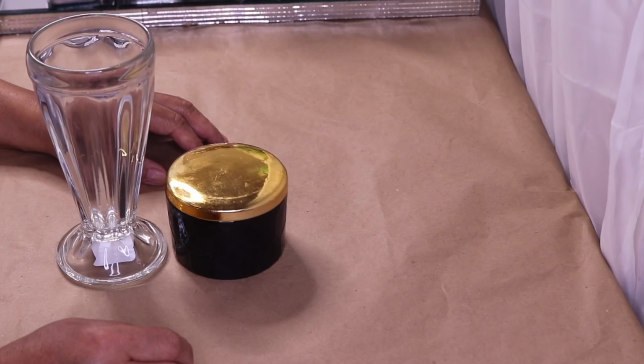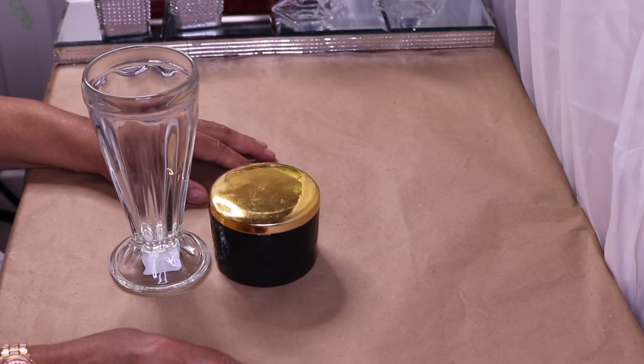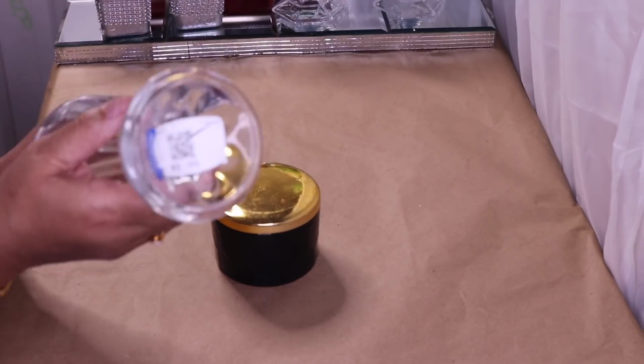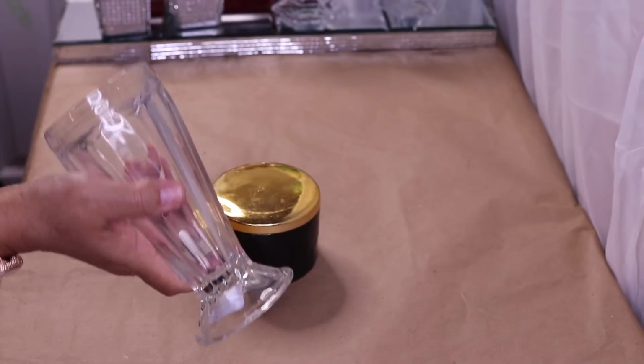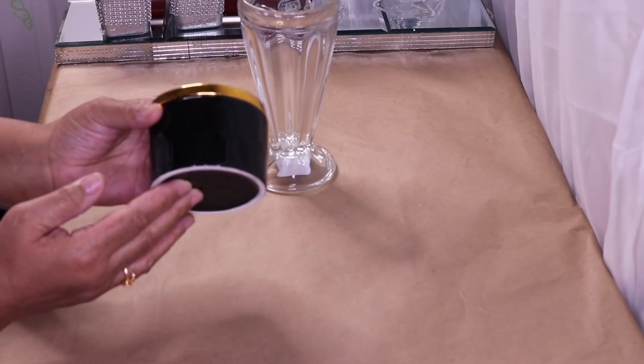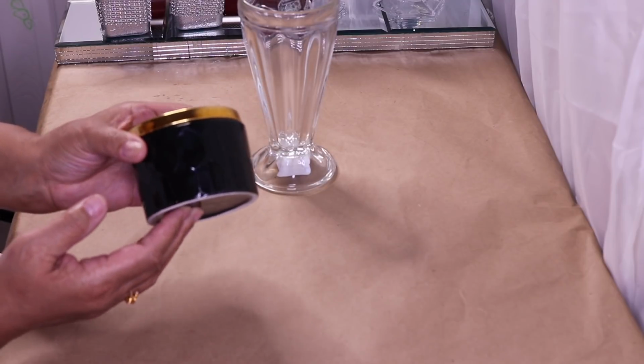Okay guys, on to the DIY. In today's DIY, I'll be creating a candle holder. First off, I have a milkshake glass, and I found this at Goodwill, 99 cents. So most of the time, if you're looking for these, go to Goodwill. And here I have a black trinket box that I picked up from Dollar Tree, and I'll be sure to